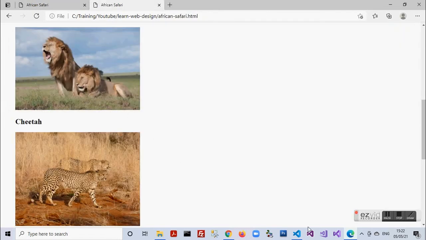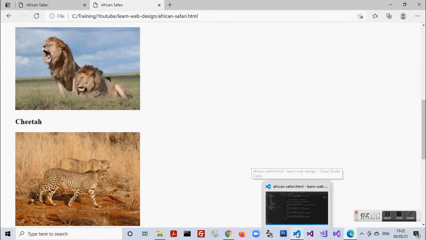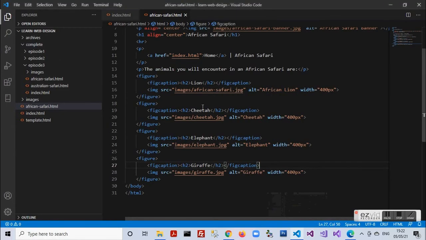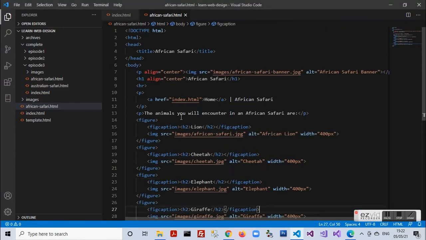To achieve this, we need to give unique IDs to different parts of a document. So we move back to our document. We start off with our heading, African Safari, and I give it an ID of top.